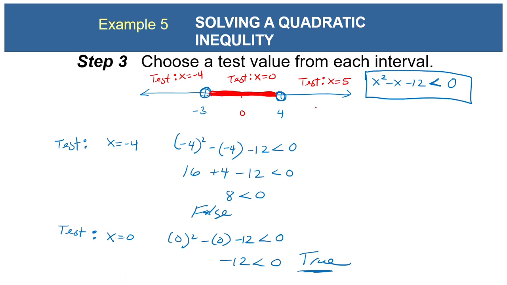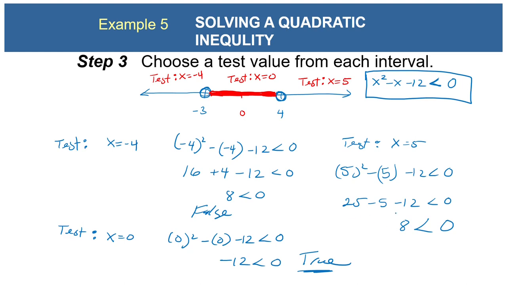Now we're going to test the number to the right of 4. So let's test 5. I have 5 squared minus 5 minus 12. Is that less than 0? This is 25 minus 5 minus 12. Is that less than 0? 8 is not less than 0. The left side simplifies as 8, and that's not less than 0. That is false. So that means the number to the right of 4 does not contain any solutions to our